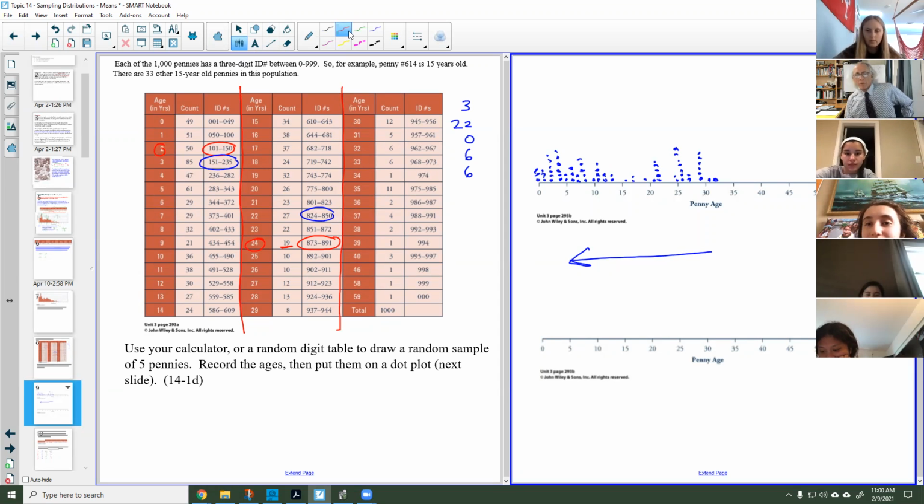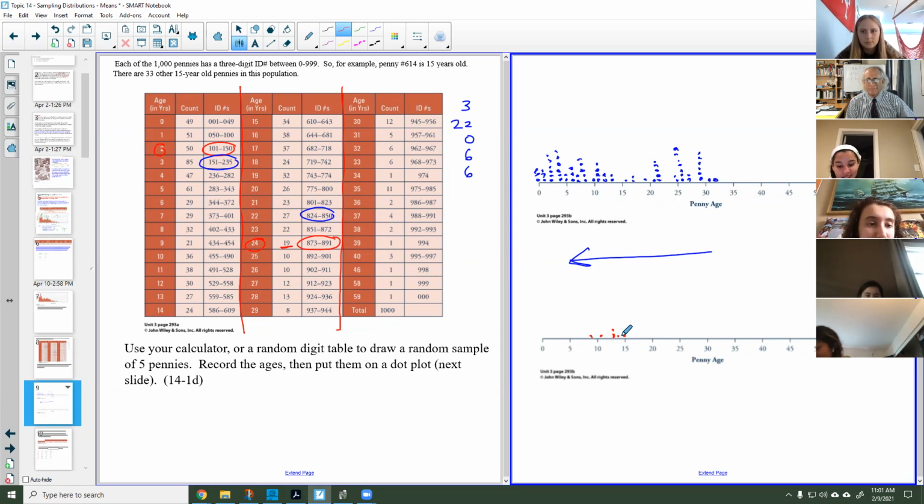So Karina, do you have your 5 means? Yes. Rattle them off. The first one is 15.2, then 13.2, 11.8, 13, and 9.2. Good. Okay, Alexis, you ready? Yeah. Mine are a lot bigger, so now I'm kind of questioning if I did it right. But for my first one, I have 14.2, and then I have